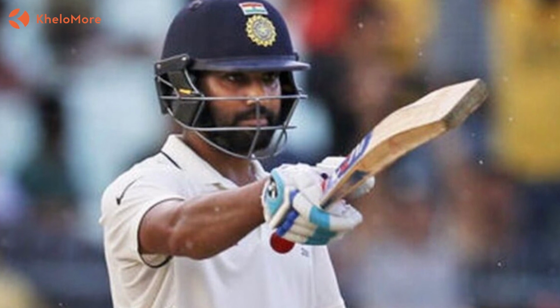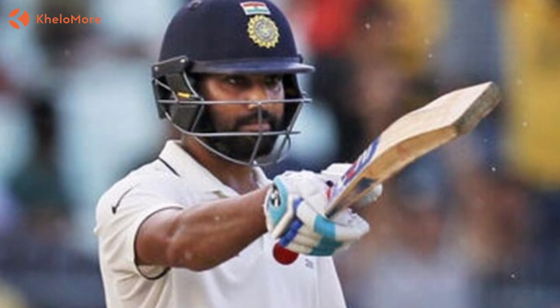Every Test match has been important from a batting perspective for India. At the end of the day, if you don't score runs, if you don't put big totals on the board, you will have no chance of winning. But this time, I think it's very, very important for the top 6 of the Indian batting order to fire, and at least one out of the top 6 to go on to make a big 100. Something tells me it could be Rohit Sharma, but the kind of innings we require from the top 6 at the Gabba is a